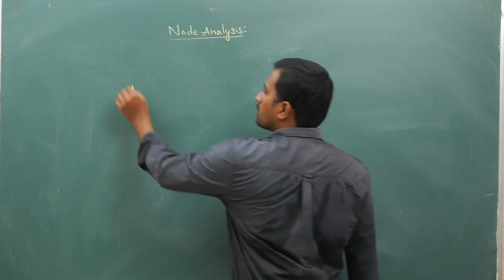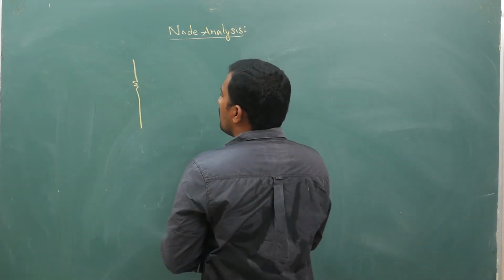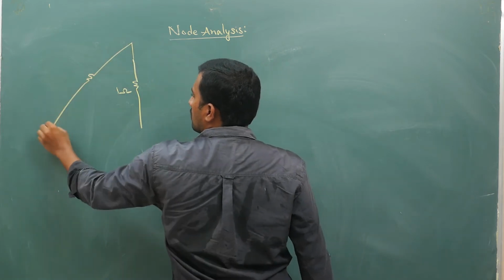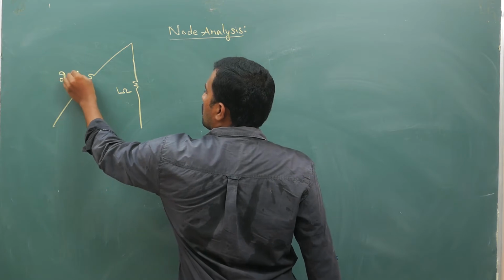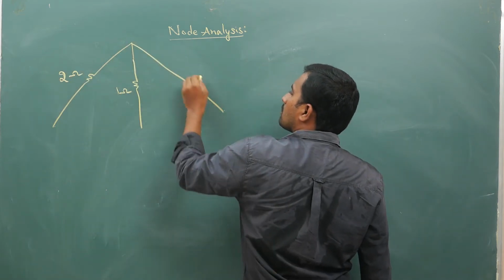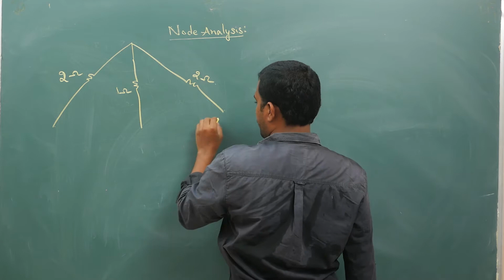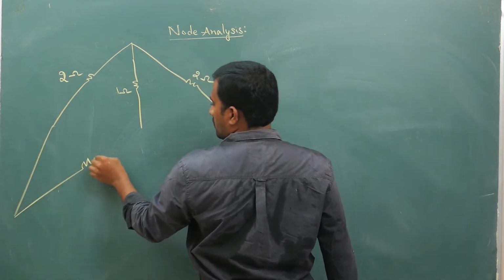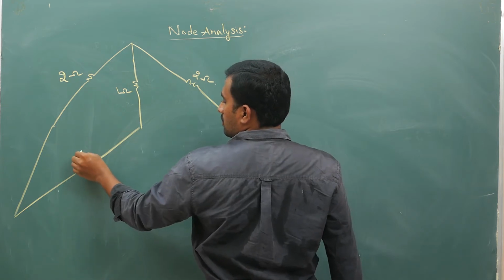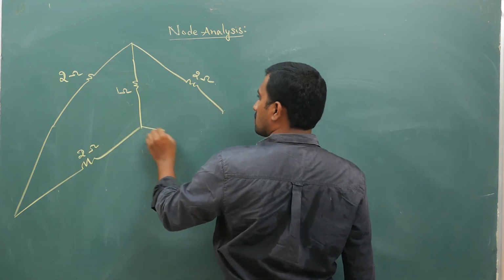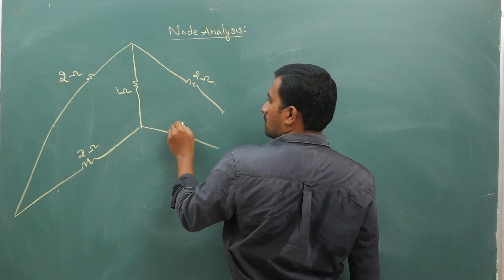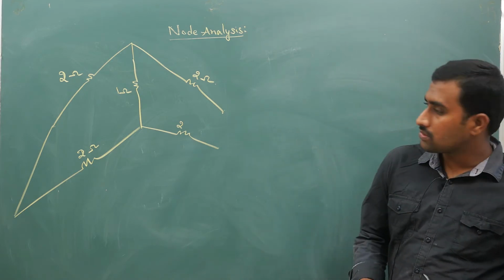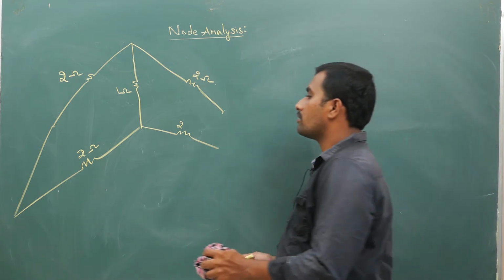So now your next question is, let us say you have a 1 ohm resistor here, 2 ohm resistor, 2 ohm resistor, 2 ohms. No, it is going to become a Wheatstone bridge. I cannot make 2 and 2.